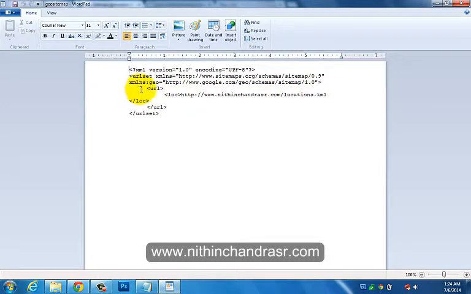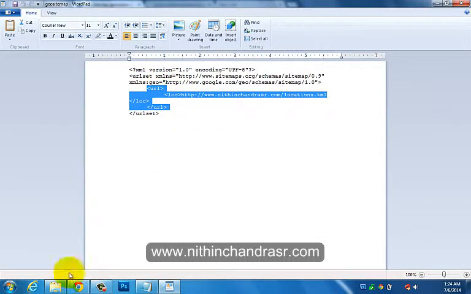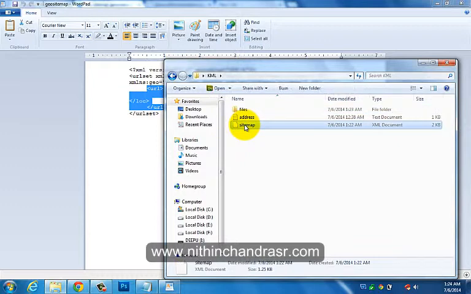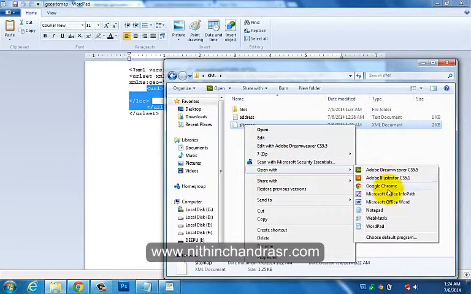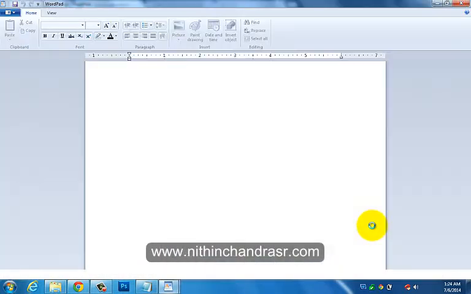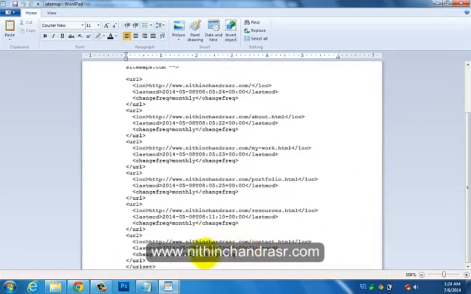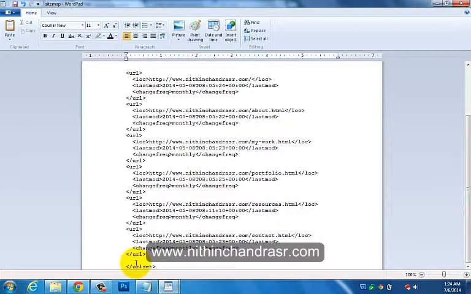So we'll copy this and integrate it into our previously generated sitemap, which we just downloaded from our website. I'll be adding the geo sitemap to my previous sitemap.